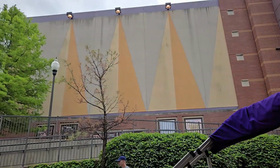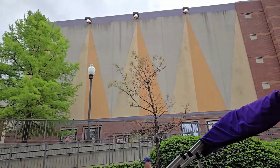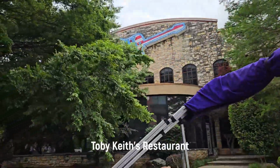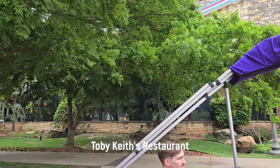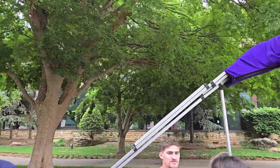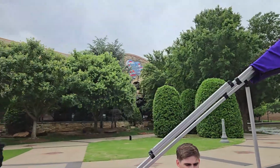This theater right here also has one of the largest IMAX screens. Imagine watching Bluey on that whole screen. Come and frequent this building because he owned it. It wasn't just named after him, he did own this restaurant. So he would come and sing on stage with people or sit down next to you, maybe steal some fries,